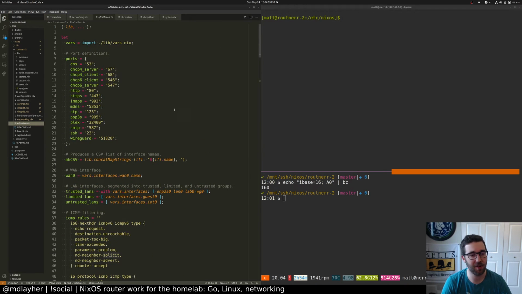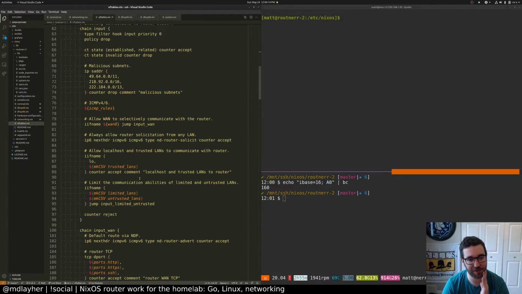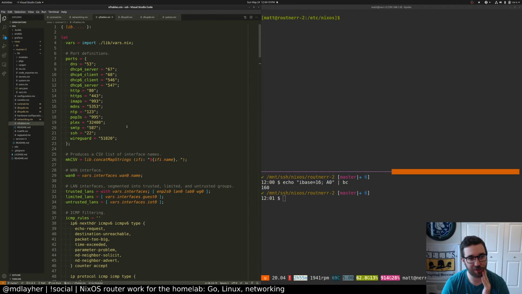Right, NF tables. So this is where things get complicated. Again, you can't really express this with Nix, so I have all of this syntax for doing so. The basic idea is I have my LANs grouped into trusted, limited, and untrusted configurations. So for trusted LANs, we assume that they are not doing anything malicious and they are able to send out full traffic no matter what. So this is basically like my primary LAN, my WireGuard LAN, and the infrastructure machines, which I should probably actually limit a little bit, and the lab LAN, because the lab I really